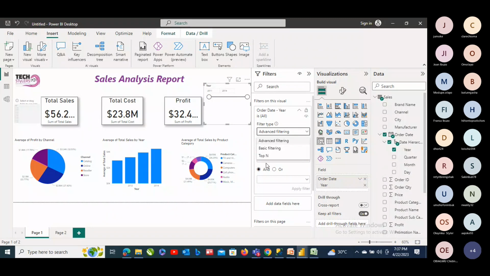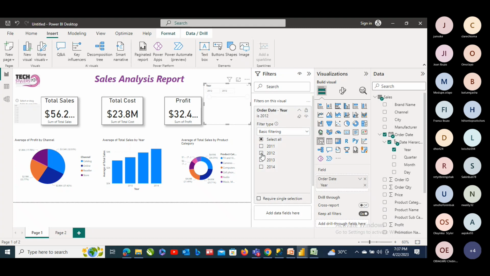If you want the top 5 products that are selling high, you could do top 5 products that are selling high. Let's look at this basic. Basic comes up with the different years: 2011, 2012 to 2014. If I click on this,